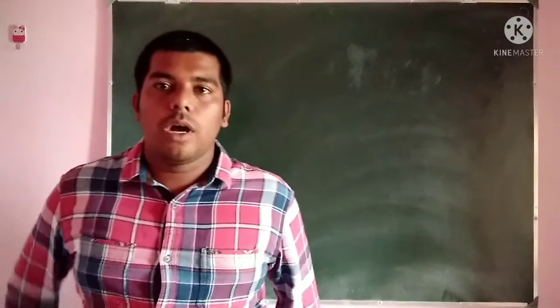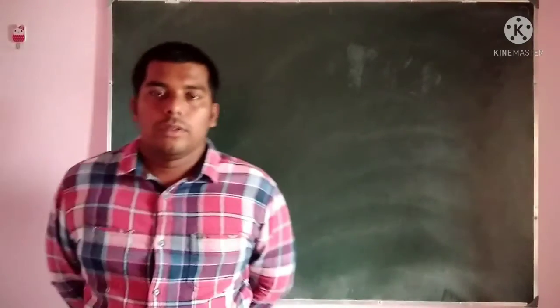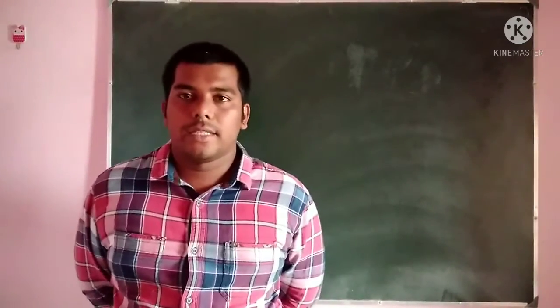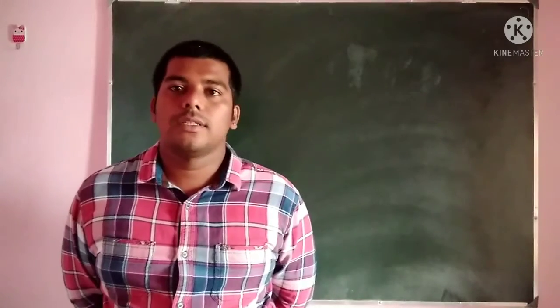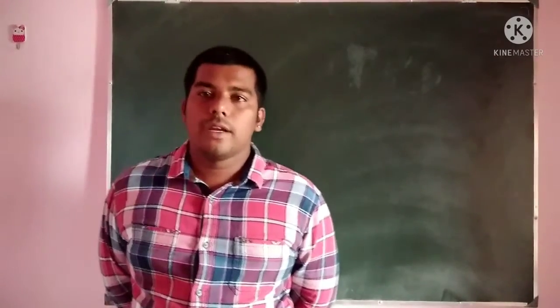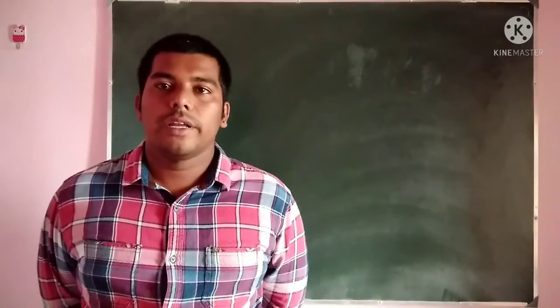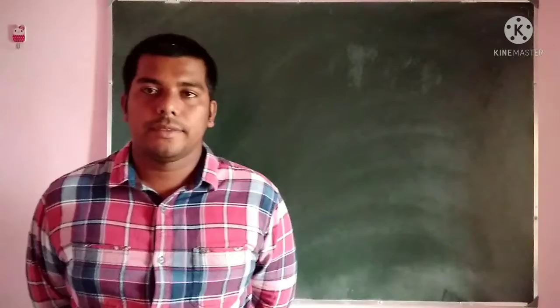Students, in this video I am going to explain the solutions for the questions in exercise 6.4. The concept knowledge required for this exercise I have explained in the previous video, that is the areas theorem. So once again I will tell the statement. The ratio of areas of two similar triangles is equal to the square of the ratio of their corresponding sides.